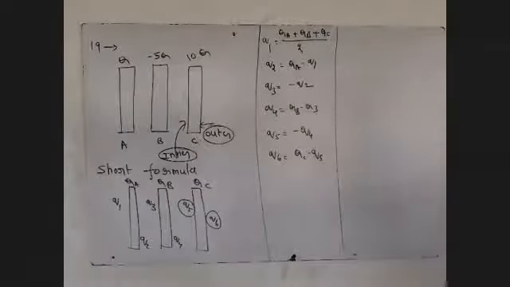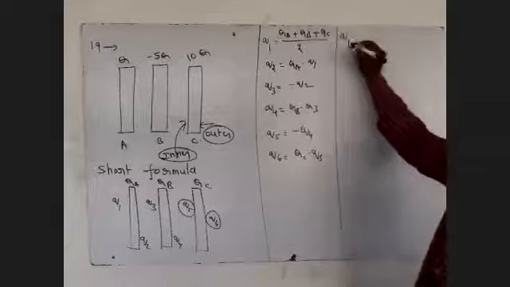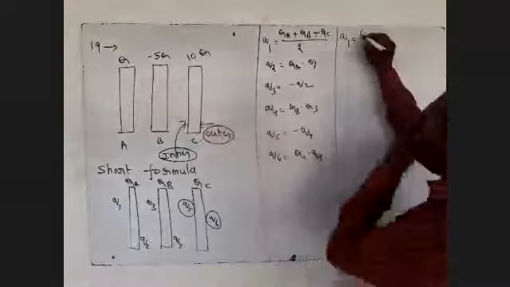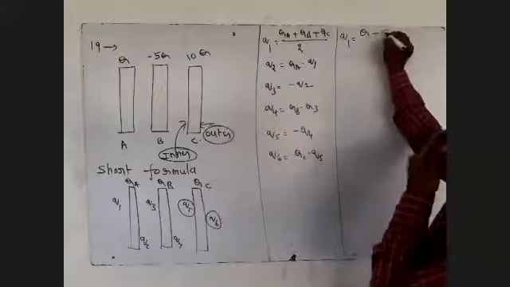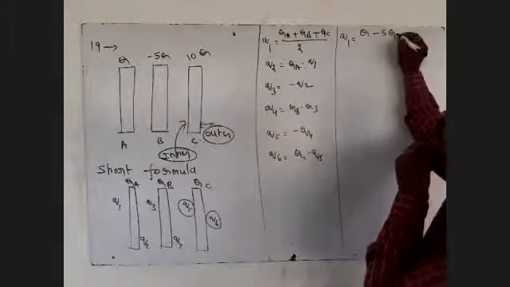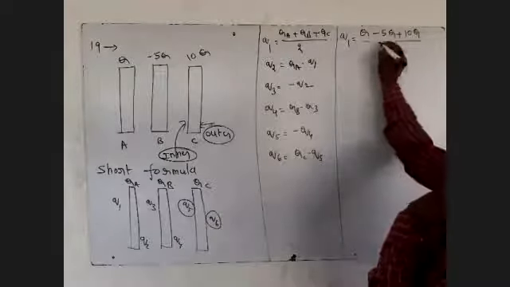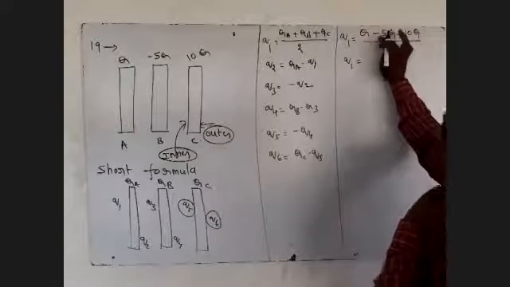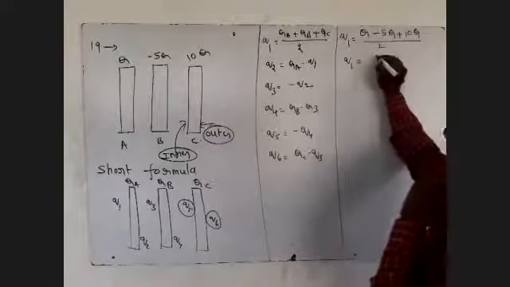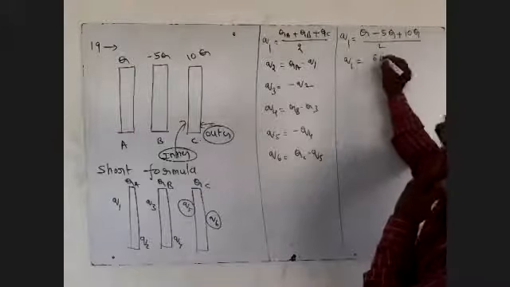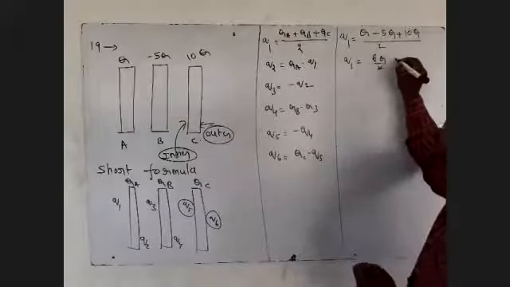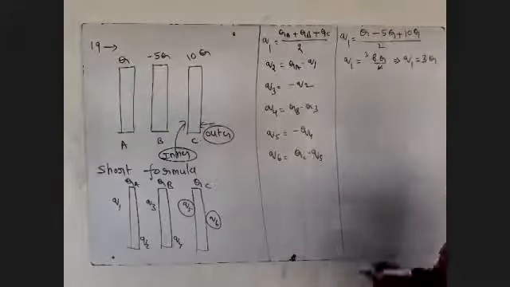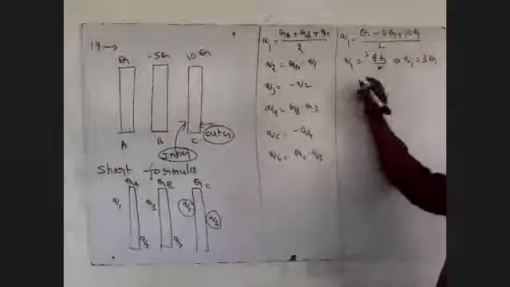I am going to find it here. Q1 is equal to QA, which is capital Q, next QB minus 5Q, next QC plus 10Q, all divided by 2. So Q1 is Q, plus 10, minus 5, so 11, minus 5, 6Q by 2. 2 ones to 3. So Q1 is equal to 3Q. That is the Q1 value. Next we are finding the Q2 value.